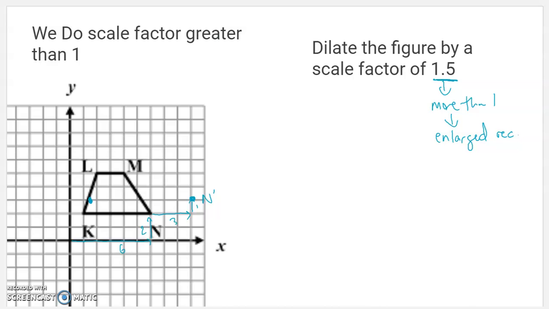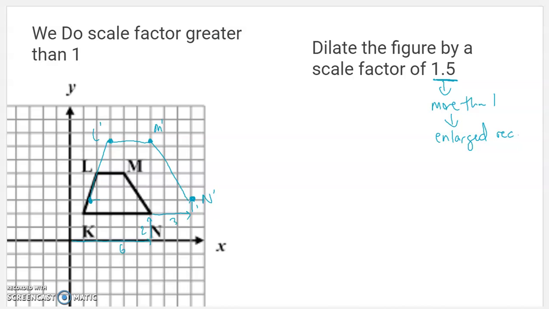To get to L, you go over 2, up 1, 2, 3, 4, 5. So over 2, up 5. So the other half of that's going to be over 1, and up half of 5 is 2.5. Over 1, up 2.5. So it's going to be right there. That's L prime. And then M is over 1, 2, 3, 4, up 5. So over 4, up 5. So my next one's going to be over 2, half of 4, and up 2.5, half of 5. You get M prime. So now I should get the same looking trapezoid